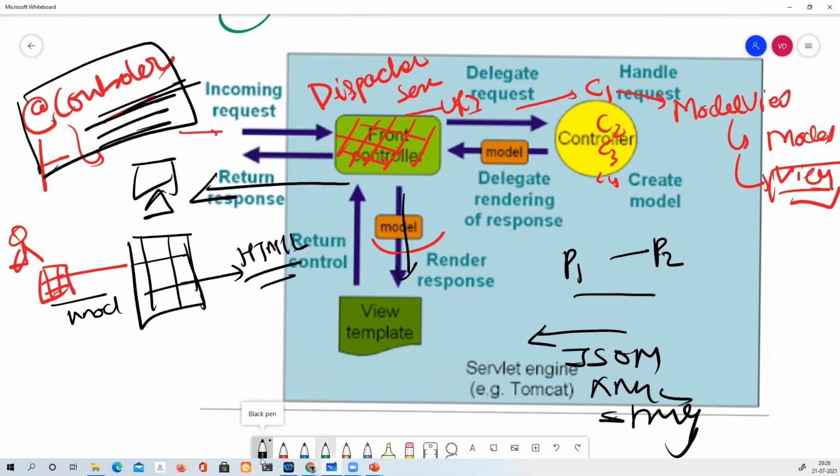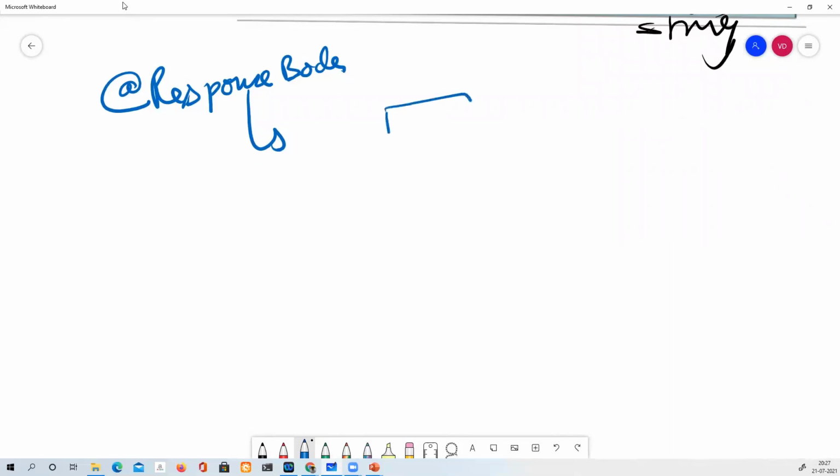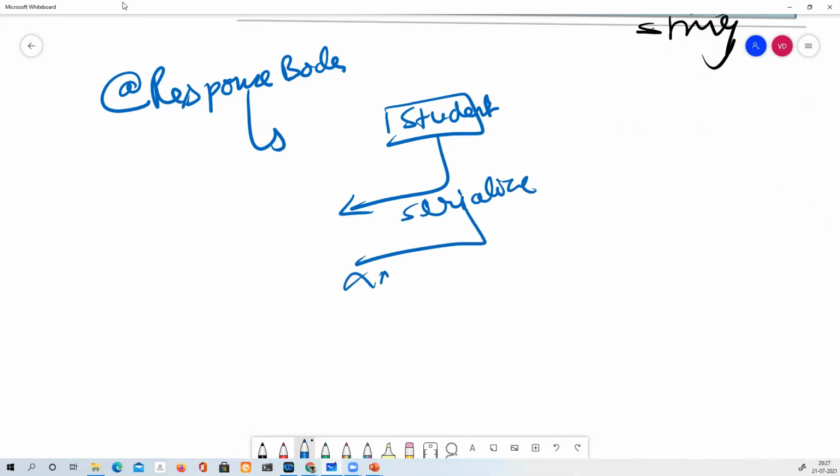It was possible with the help of the controller and another annotation, which is @ResponseBody. Its basic task is to take your response, let's say a student response, serialize it in the format of XML or JSON, and respond it to your client.